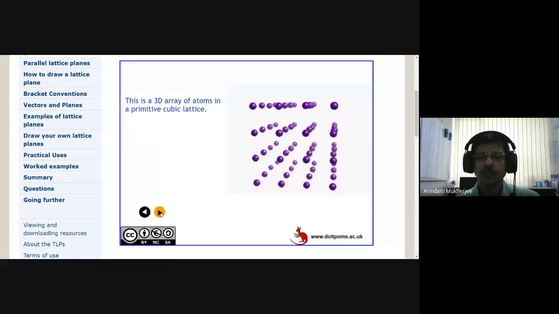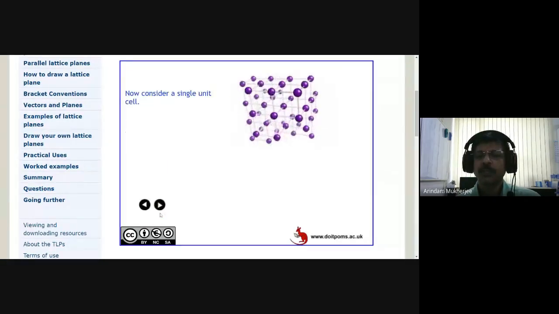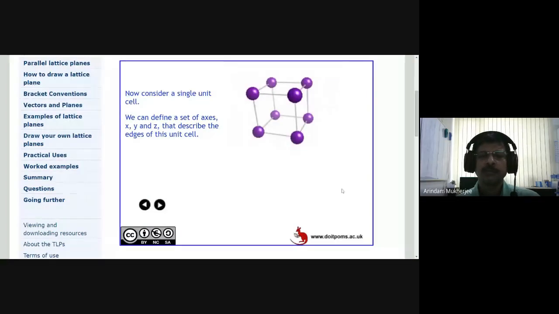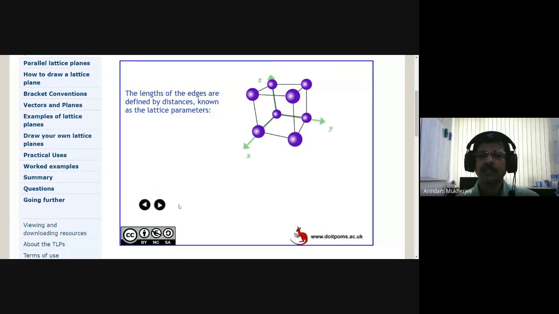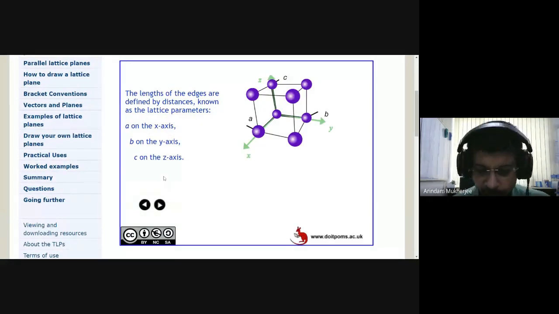Let's go back once more. We see this, and then it chops out, and you see how it comes back to the unit cell. Along this axis is the X, along this axis is the Y, and along this axis is the Z. So this is your XYZ. Now your XYZ is converted to ABC, so that when you do reciprocals you are not confused with the Cartesian. The X is renamed as A, Y is renamed as B, and Z is renamed as C, and they always follow this XYZ convention. Please do remember that.